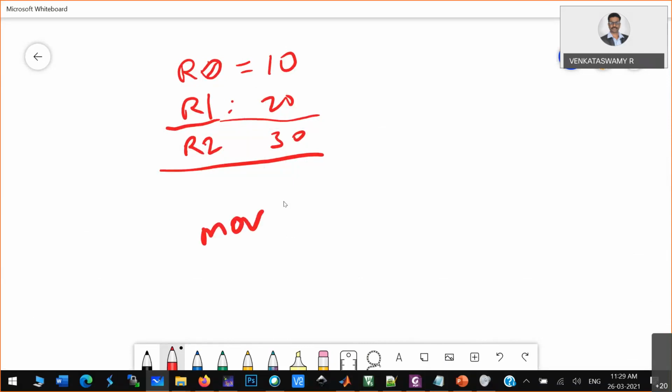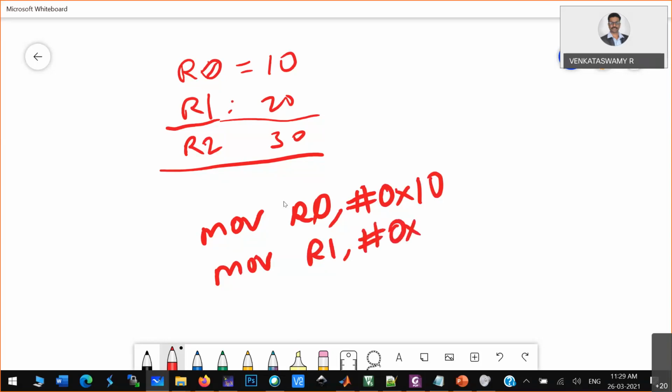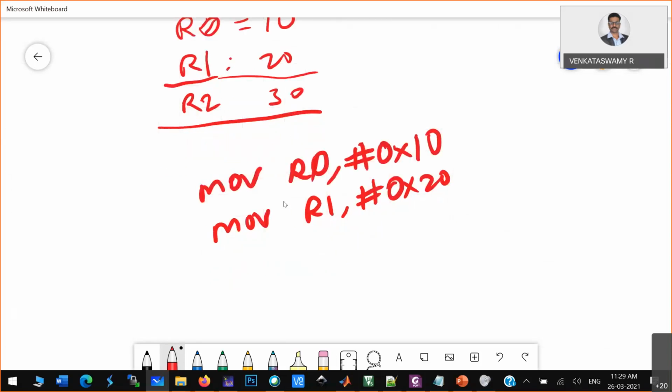Now you can see here: MOV R0, #0x10. What happens here? The 10 will be loaded to R0. Then you have MOV R1, #0x20. The 20 will move to R1.